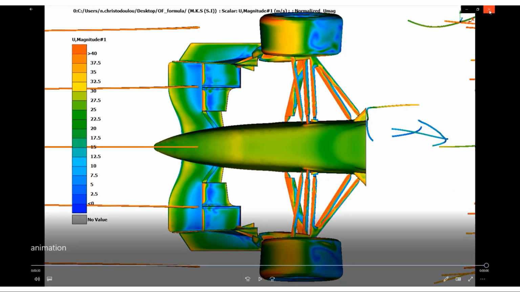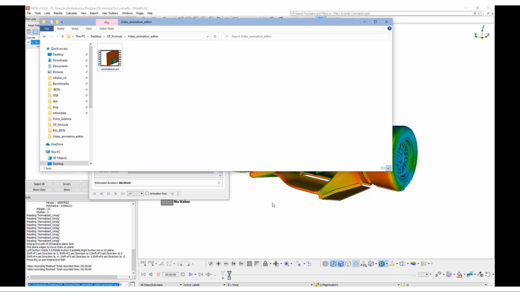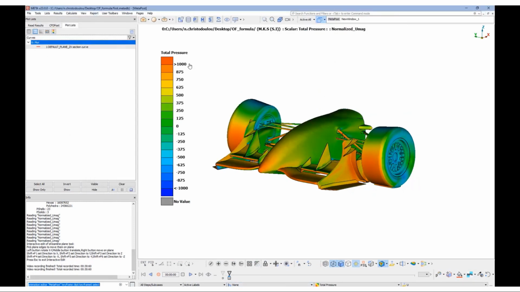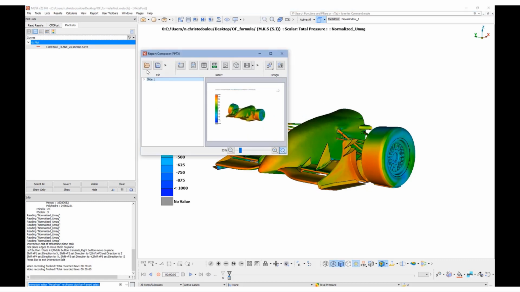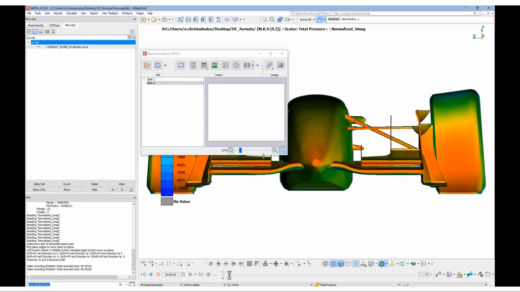I'm quite pleased with the result, and let's move on. Finally, let's start creating a report. There's the Report Composer tool in Meta, which helps the user create a presentation in PPTX format, among others. This can be later on edited in PowerPoint.